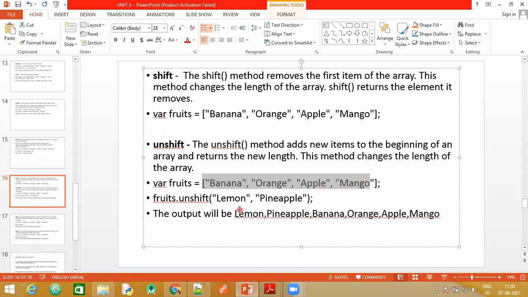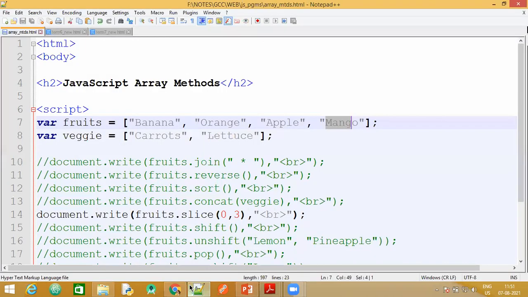If we try to add two new elements, these two elements will be added at the beginning of the array. Now our array is going to be updated like this, but the unshift method is just going to return the numeric value, the new length of the array. Let's have a look at the example.